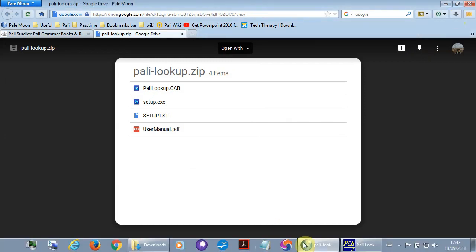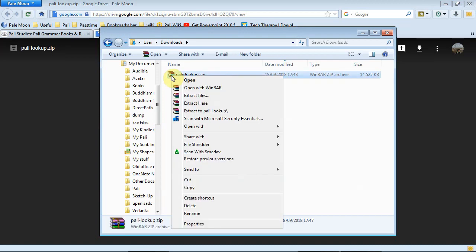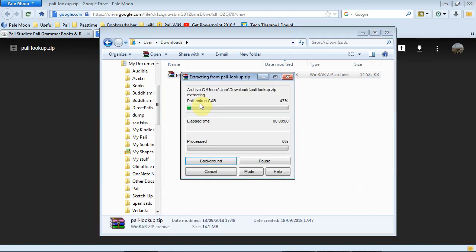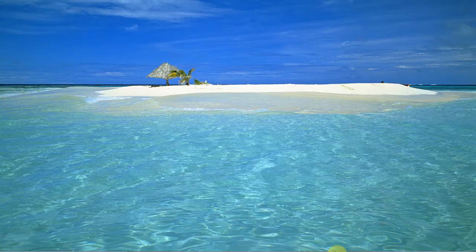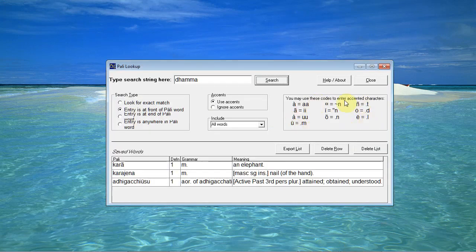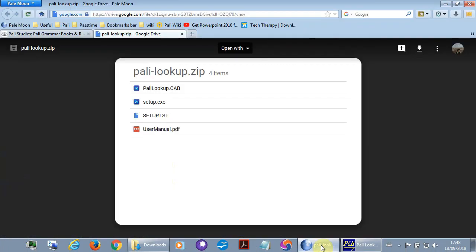Okay, it's done now, so we can go to the download folder and you can extract the files and run the setup program. I've already done that, but if you just follow the instructions for setup. Now you might notice that on Pali Lookup some of these characters are in the wrong font, so we have to download some fonts as well. So if we go back to my website,